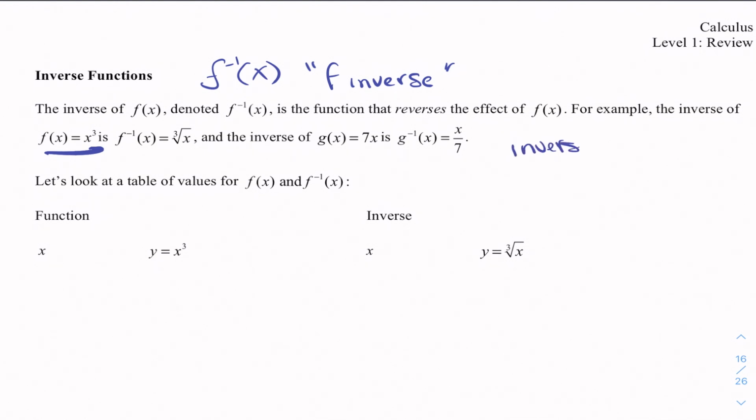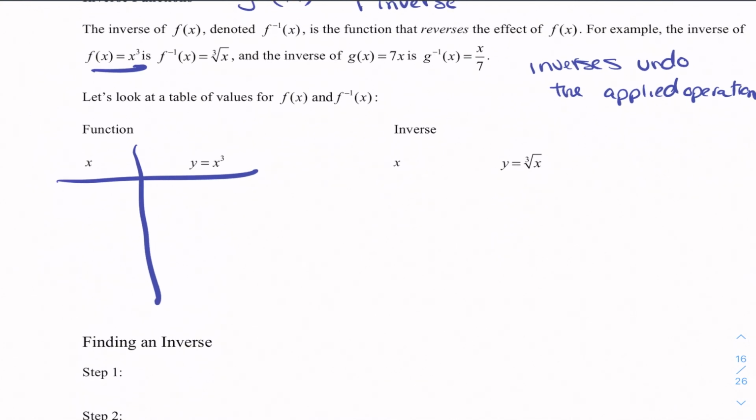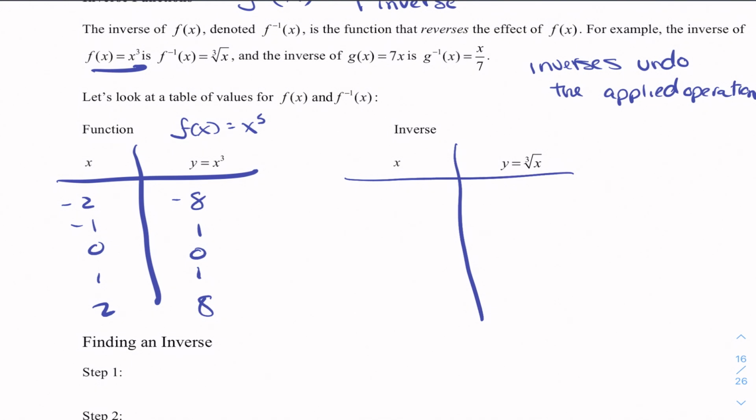Inverses undo the applied operation. And we kind of intrinsically know that. So if we were building our function x cubed, or we say f of x is equal to x cubed, our x's are inputs. So if we use -2, -1, 0, 1, and 2, we would get the powers of our values back out. But for its inverse, we are switching